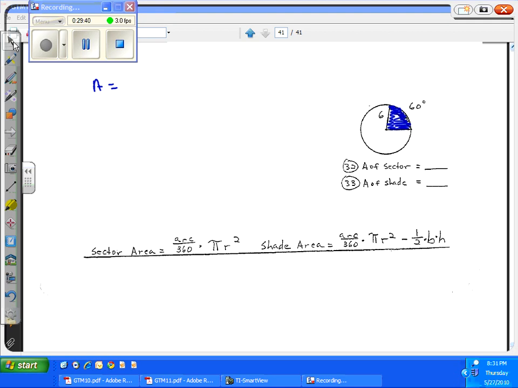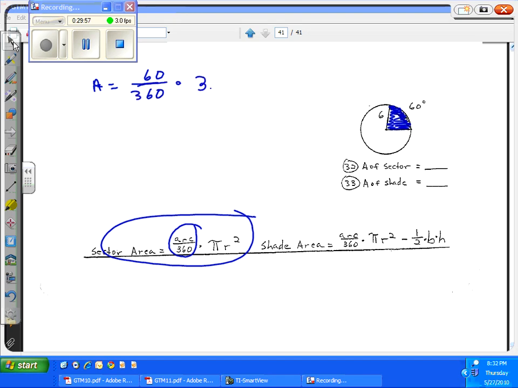The area of the sector is a fraction of the area of the circle. Here's our formula. The fraction is arc over 360. So we put the arc, 60 over 360, times pi times the radius squared. It's a fraction of the area: arc over 360 times pi times radius squared. So we're just going to multiply all that, and that's it. 60 divided by 360 times